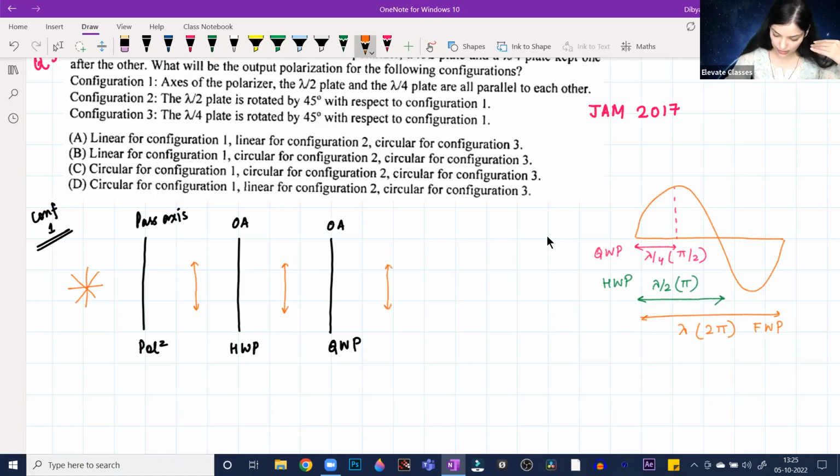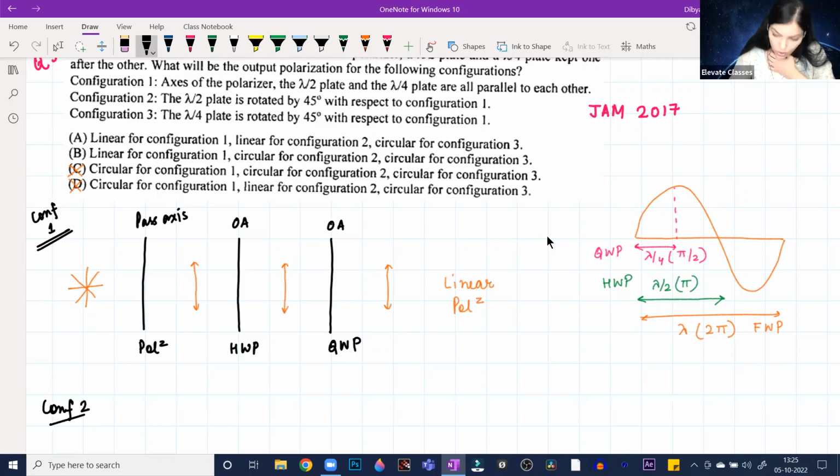I will get linear polarization on the output. So from configuration 1 we know that these options are wrong, and the answer will be one of these two. Then let us do